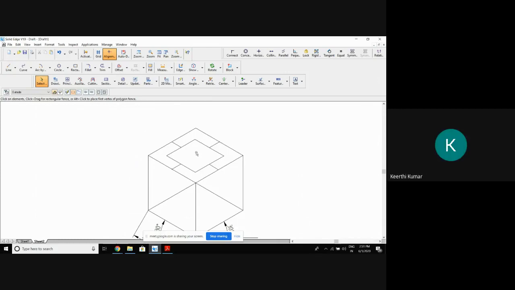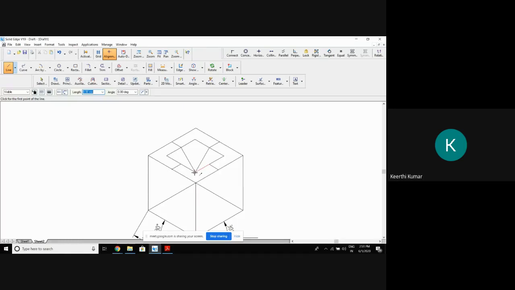Everybody is done? Then you take a line. Again, go with the pencil and scale. From this point, observe where I'm starting. From this point, you draw the line exactly to the center of this. Where is the center of this? Exactly here. From here to the center of this. Similarly, from here to the center of this. You draw like a V shape. You draw the line like a V from this corner.